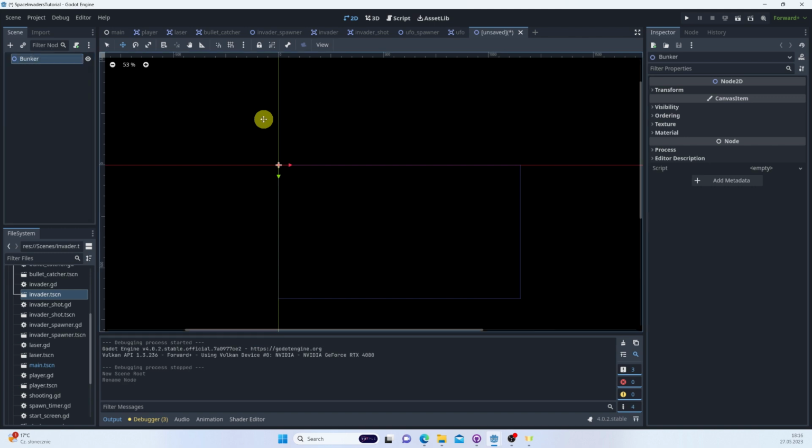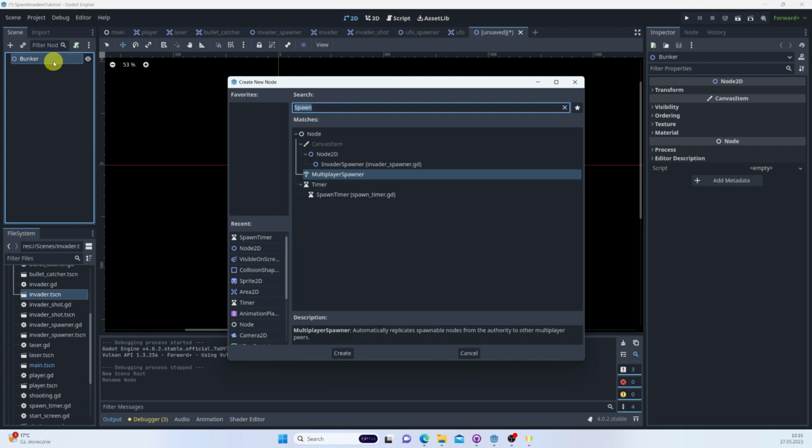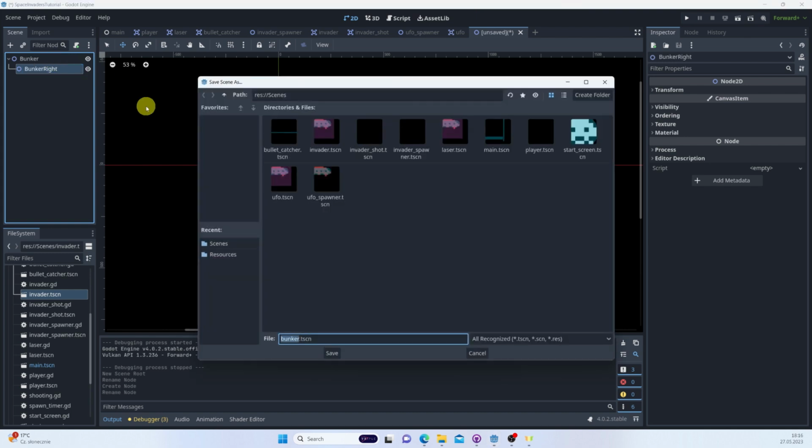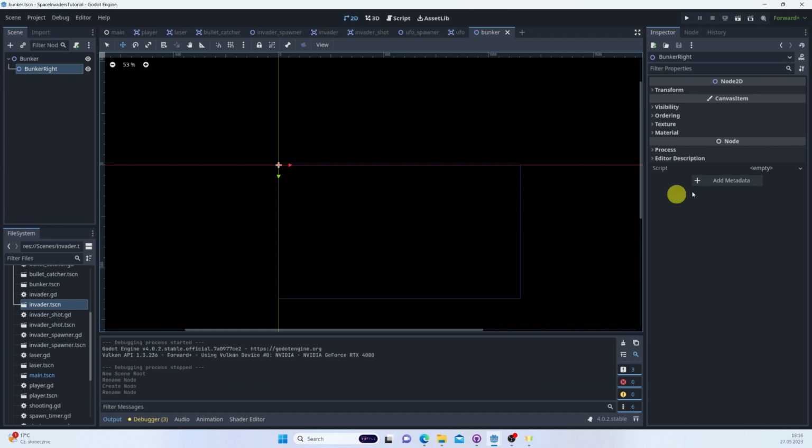Bunker. And I'm gonna add another node 2D and call this bunker right. And let's save this as a bunker. And then basically what we need are